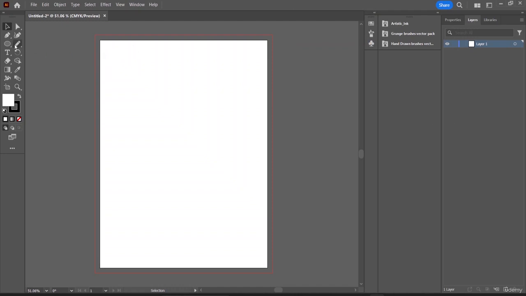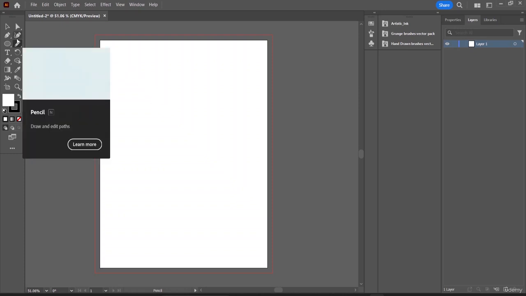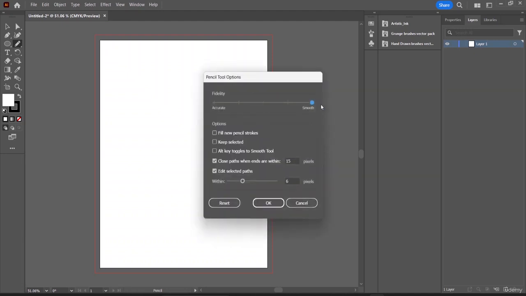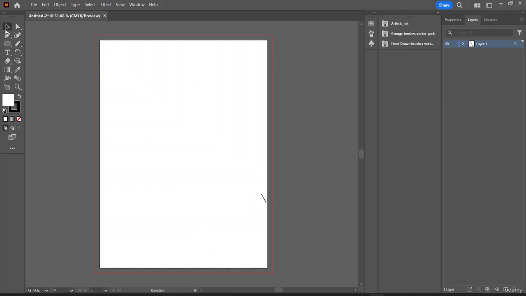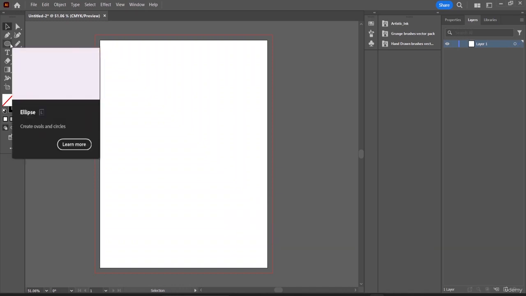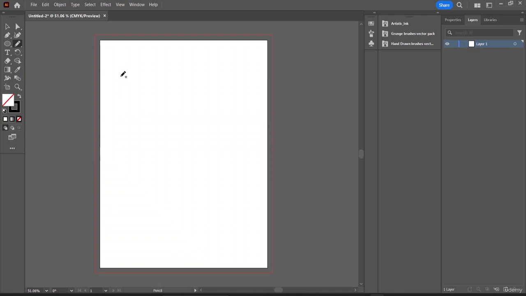Now again I'll take my pencil tool from here, and I need to check that its fidelity is on smooth, and that keep selected is not marked. I'll click on OK, come back again, select this, and delete it. Then with this particular tool, I'll try to make some designs, and here also I'll try to create a flower